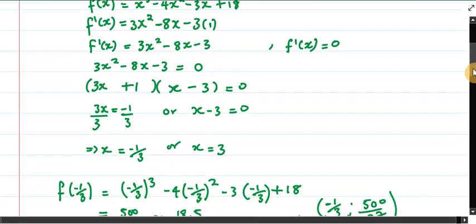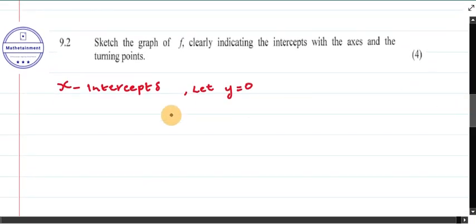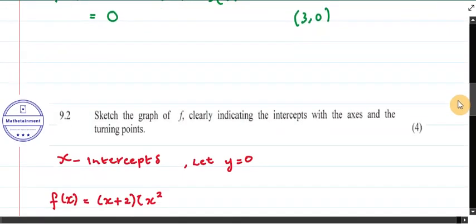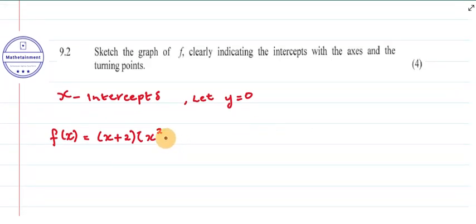So here f of x is equal to x plus 2, not plus 3, it's plus 2, open bracket x squared. Let me check, is the sign positive when it gets negative? So it becomes minus 6x